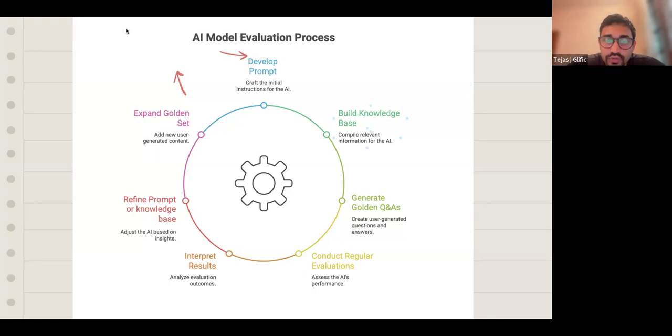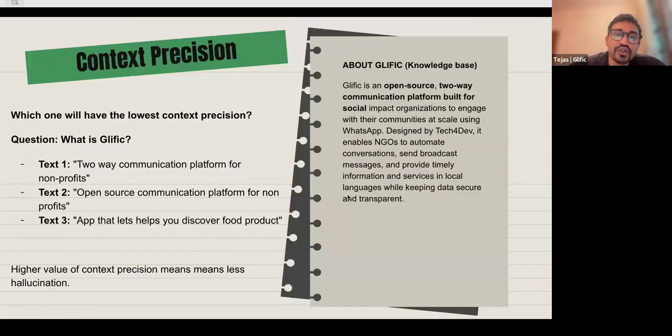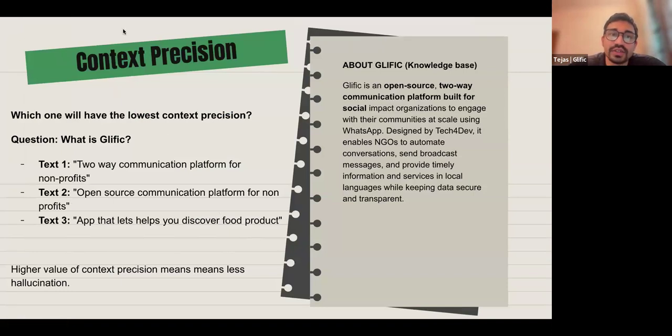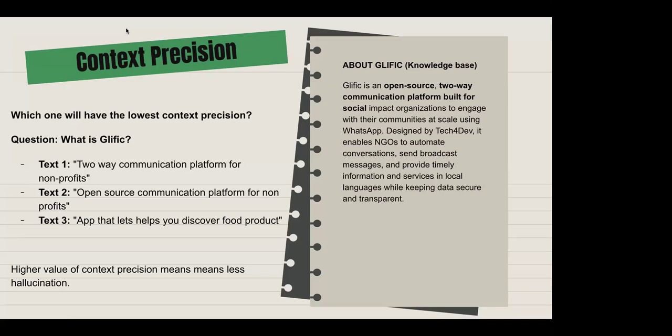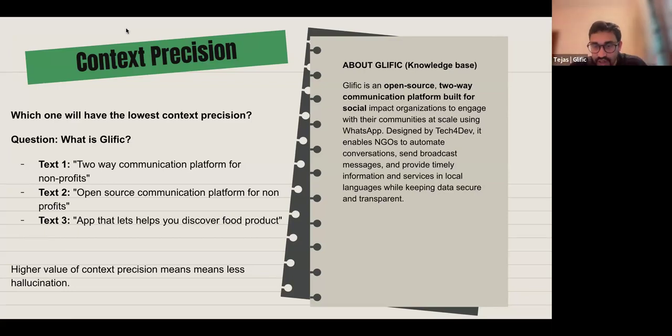Gulshan, the context precision should help you to identify those questions. If I understand it right, how do we catch where AI is hallucinating, going beyond the scope of the knowledge base, where we feed a knowledge base to AI? Or in the case where we don't have any knowledge base, we are just querying from the internet. Gulshan, do you want to unmute and share your question? I don't know if I have understood your question right.